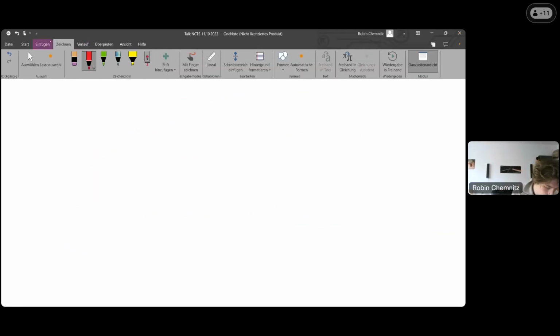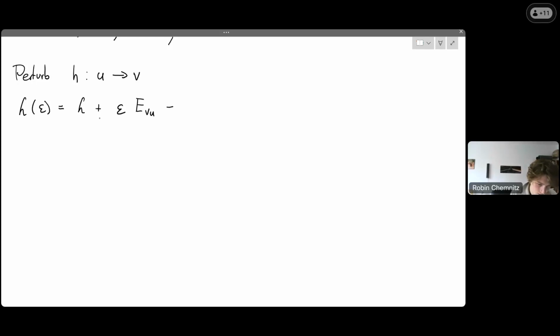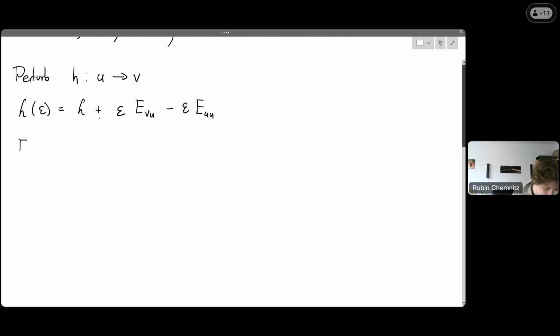So let me remind you that we perturb the edge h from u to v, and we define the generalized Laplacian in relation to epsilon as L plus an epsilon in the coordinate vu, and we subtract an epsilon on the diagonal of u. And the equilibrium equation reads,